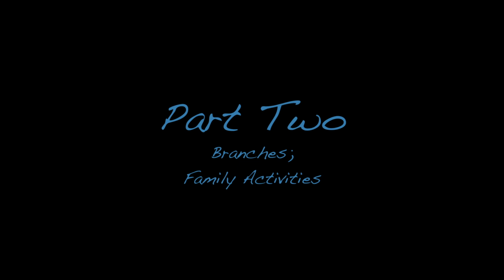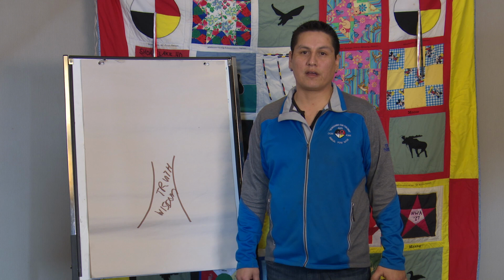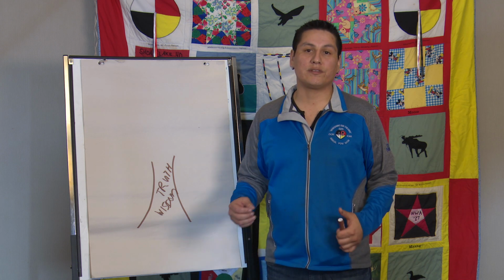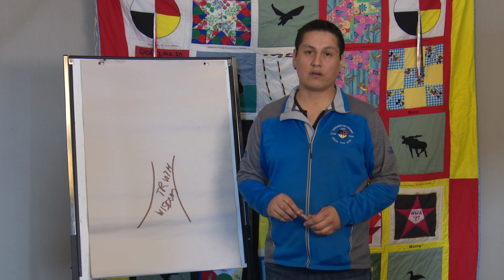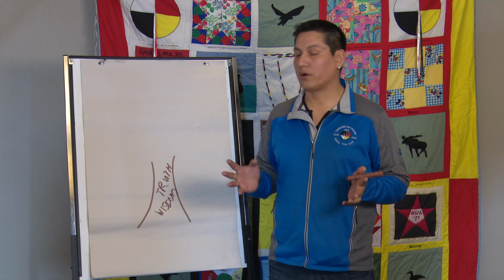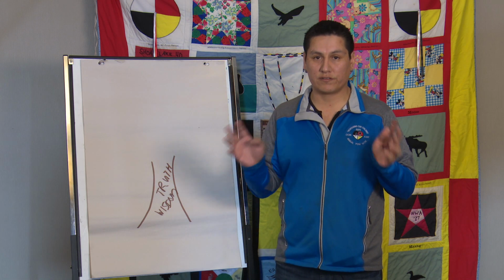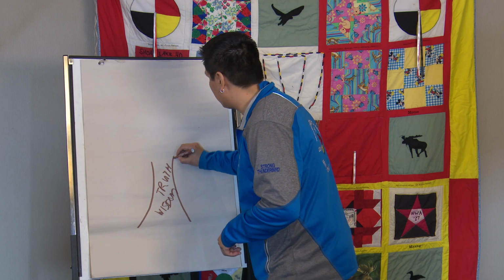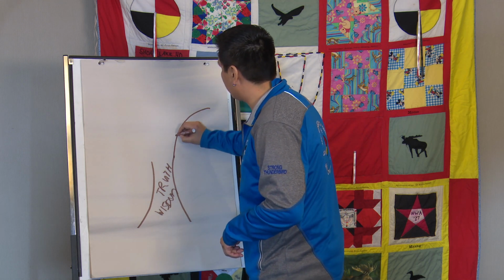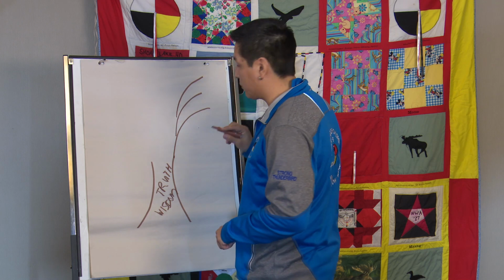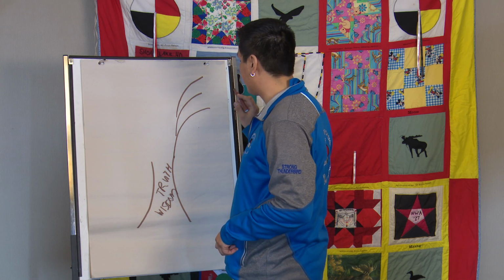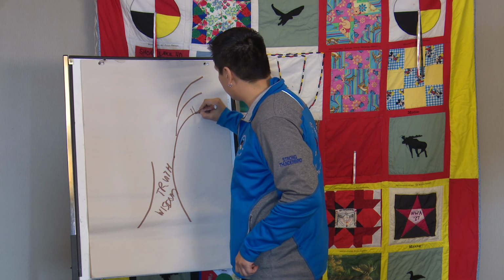Session 2 is activities that you can do with your family, or the type of things that you do daily or things that you would like to do with your family. So I'm going to quickly draw my branches, and that's the whole part of session 2, the branches of your tree. Again, I'm not an artist, so I'm only going to give you 2 examples, and I'm going to elaborate on them, okay? So one of them is